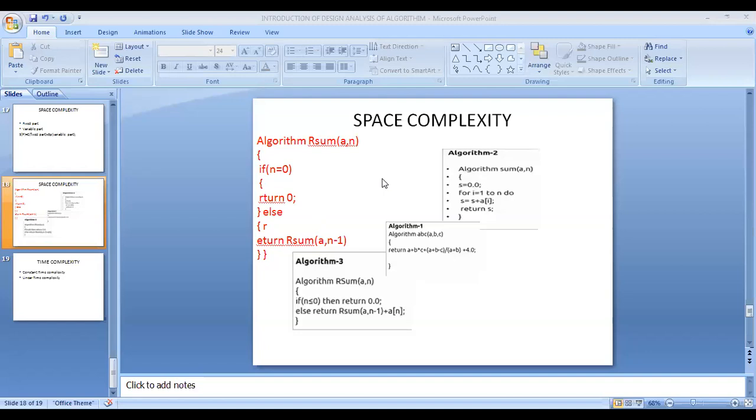So see the example here. So all of you understand about the space complexity. It depends upon two parts, fixed part and variable part. See this red color algorithm.